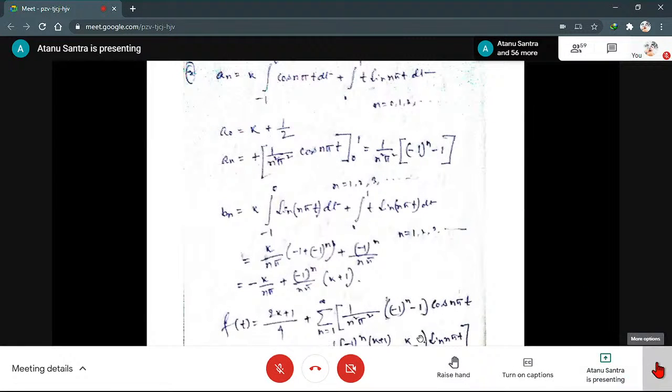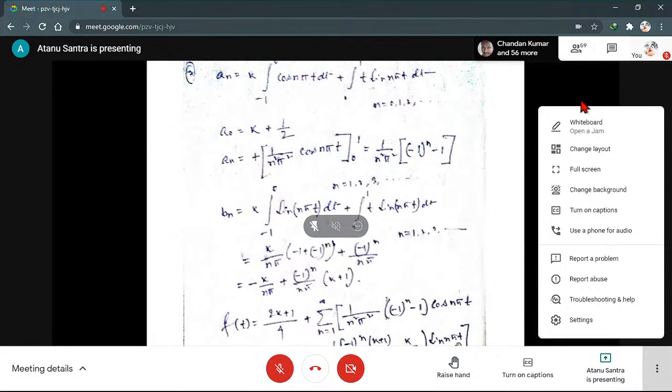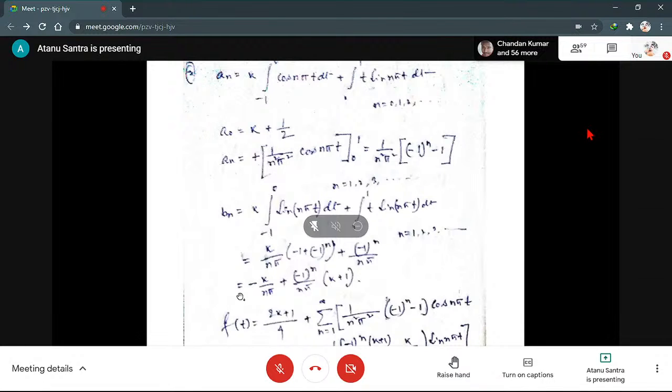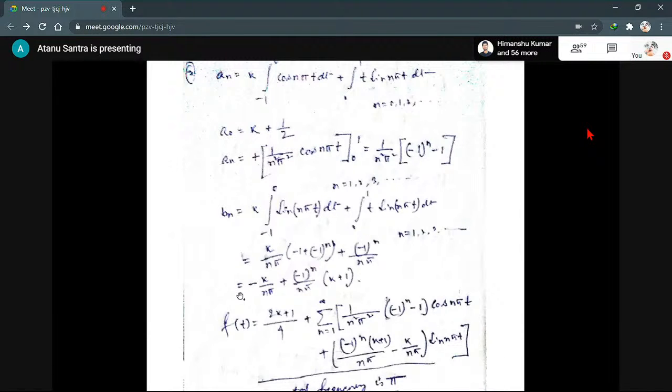Actually, if we simplify this expression, this will be (2k+1)/2, divided by 2, that will be (2k+1)/4, plus summation n equals 1 to infinity of 1/(n²π²) into (-1)^n minus 1, whole, cosine of nπt. That is the expression of an, and this is the expression of bn into sine of nπt. Fine. So this is the expression